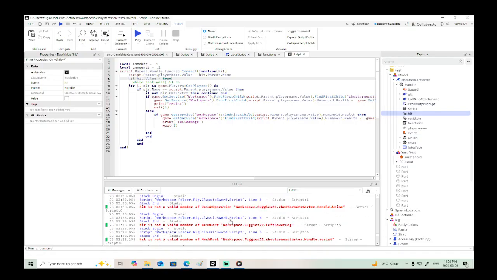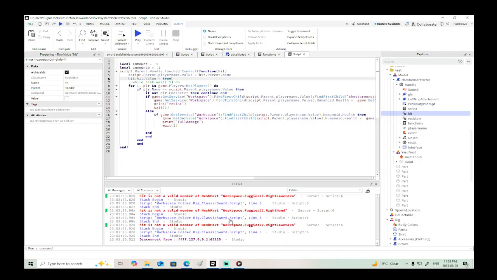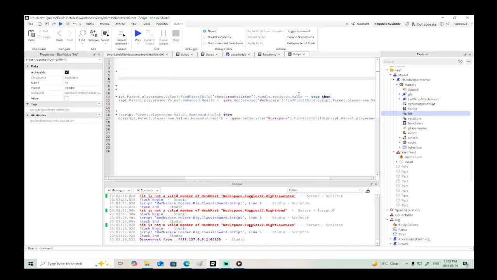But of course, it's going to give all these. It has to wait to hit the shield, right? So once it hits the shield, now it turns on the value that's true. So now we can say if resist is on is true, and if, oh no, we could just say and,